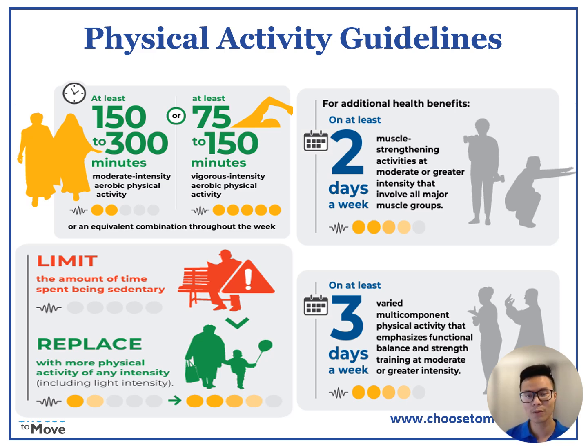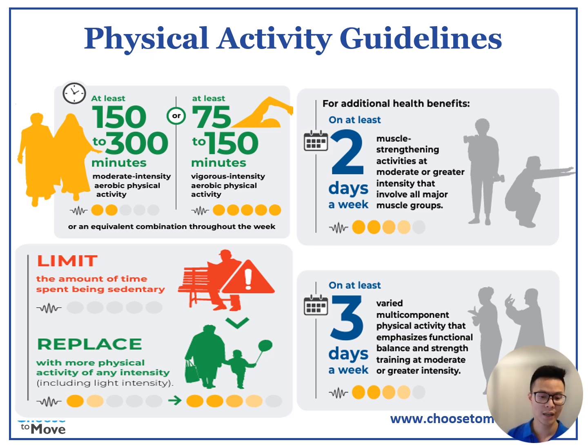Now, when we say aerobic exercise, what we mean is doing forms of exercise that increase your breathing and your heart rate. That will therefore increase your overall fitness. Now, if you think about that first line of recommendation, that 150 to 300 minutes of moderate intensity aerobic physical activity, what we mean by moderate is doing any activity where you can speak but not sing. And what we mean by vigorous activity, so that's 75 to 150 minutes of vigorous activity, is doing an activity where you can no longer speak while doing that activity.